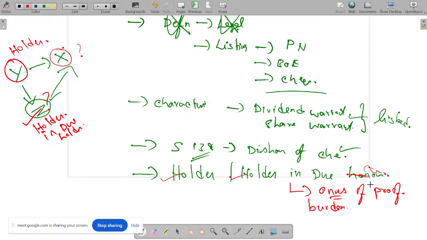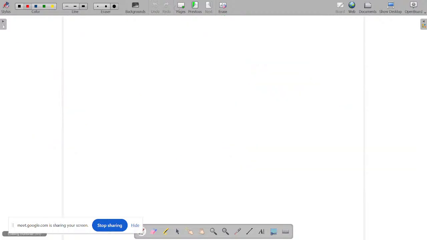Okay. Another small concept, these are the important concepts we'll be dealing with. Actually, no trading has happened between X and Y, between you and me. Please try to understand. No trading happened between you and me. But I'm in need of money. You're also in need of money.